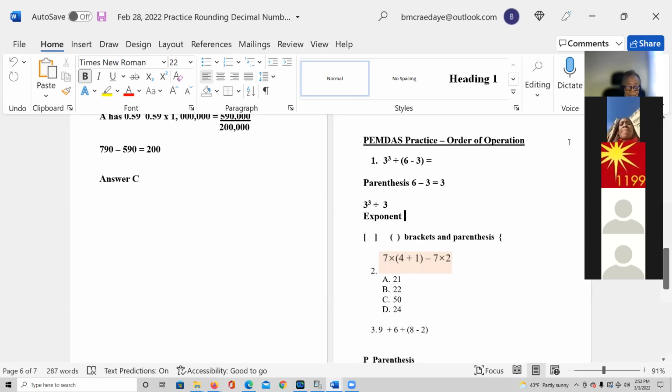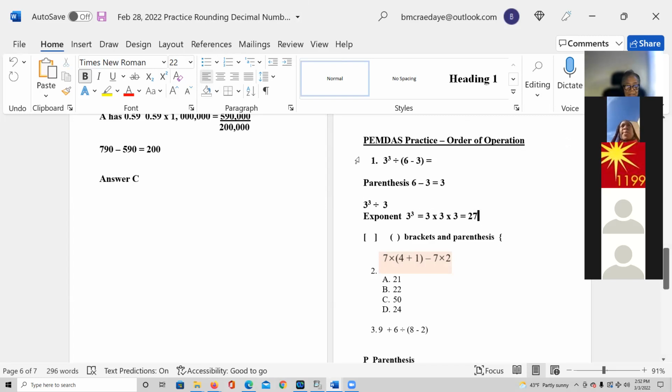And 3 to the 3rd is what? I multiply 3 by 3 by 3. That's right, it's 3 by itself 3 times. Okay, so the exponent 3 to the 3rd, just copy it here. And what's that equal to, Mercedes? 27. Okay, so 3 to the 3rd power, that's 3 times 3 times 3 equals